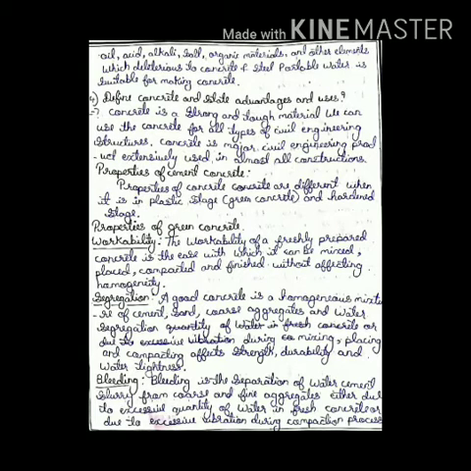So what are the properties of cement concrete? When we discuss the properties of concrete, there are two different stages. One is the plastic stage, known as green concrete. The second stage is the hardened stage. Here are the properties of green concrete. There are 3 to 4 different terms we are going to get.